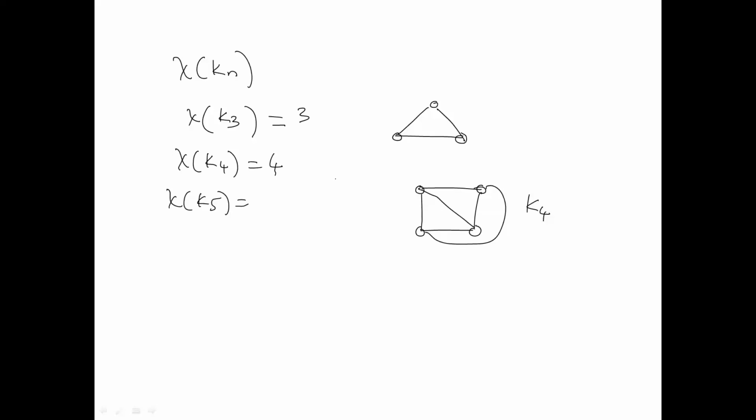See, what is a complete graph? If you can recollect, then you can easily understand and tell me. A complete graph means each vertex is adjacent to each other vertex. That means if I give a color to a vertex, the same color obviously I cannot give to any other vertex, right? So if there are n vertices, definitely I need n colors. So the chromatic number of K4 is 4, K5 is 5, and in general, the chromatic number of Kn is n. I need n colors. Am I right?